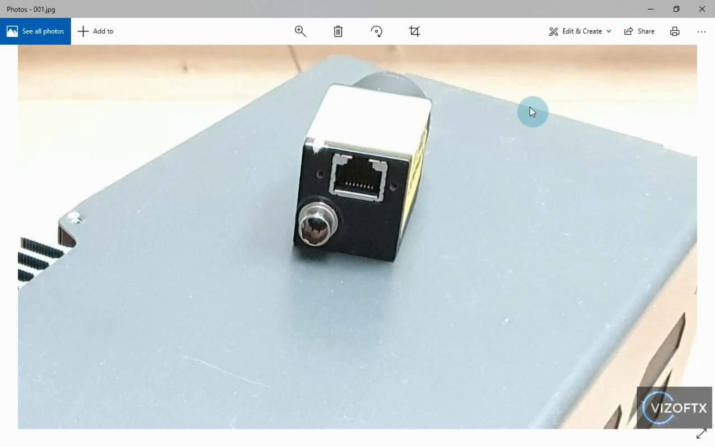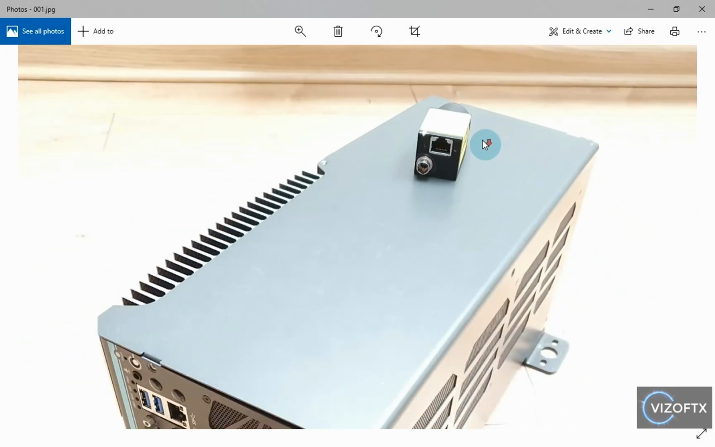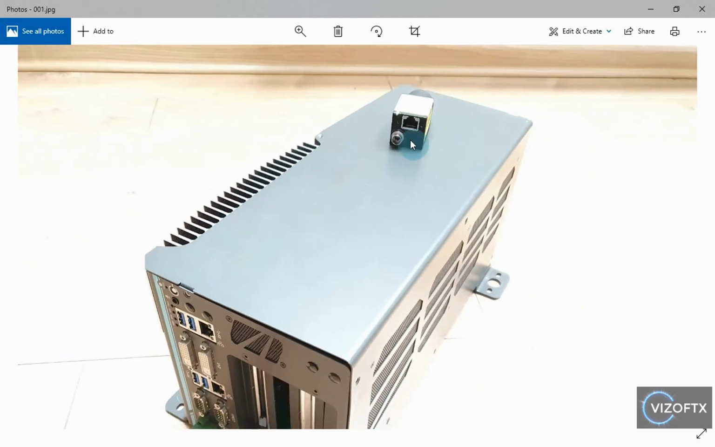GigE is a standardized interface for transmitting video data and related data over Ethernet. This means that the camera has a standard RJ45 Ethernet port and connects via standard network elements. For example, we could connect this type of camera directly using an Ethernet cable directly to our computer. Now here I have Nuvo, which is actually a compact full-fledged PC with passive CPU cooling, which is often